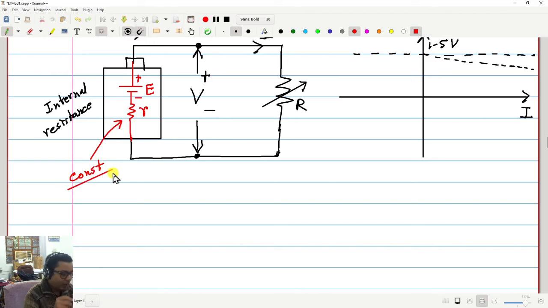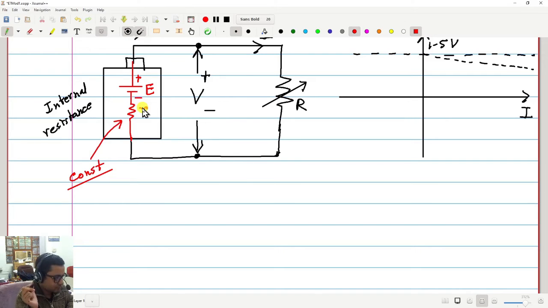Okay, so unless I tell you, you assume this resistance to be constant. In fact, you can assume that the heating is not that much, the temperature change is not that much. Sir, this is the case when we took resistance very less.